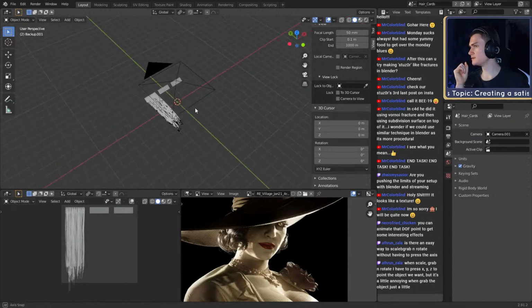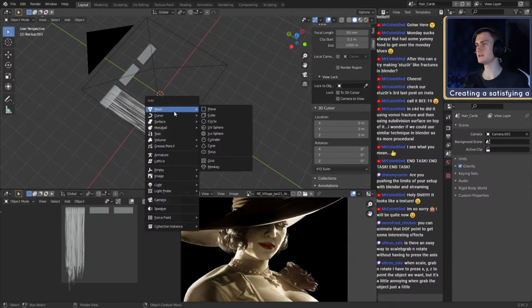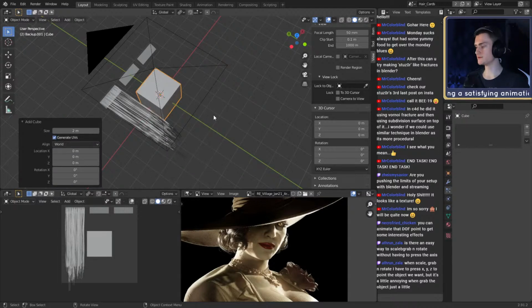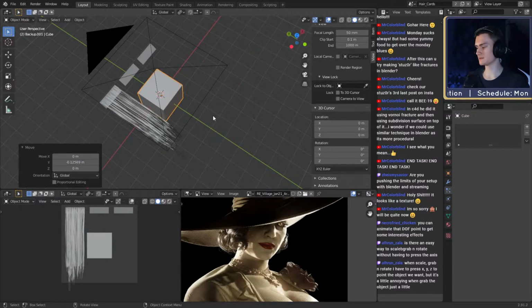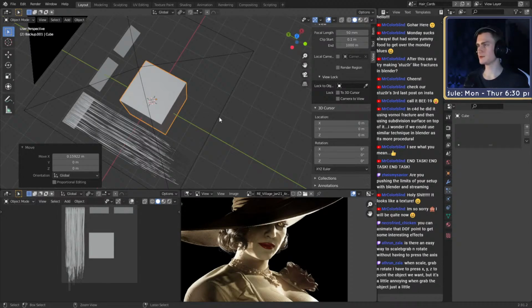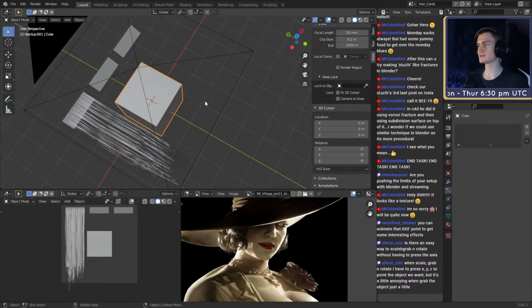Or do you mean, I think what you mean is when you have the cube and you want to move it a little on the Y, just a small amount on the Y, and then also a little bit on the X axis. So something like that, basically. What you can do is combine axes.